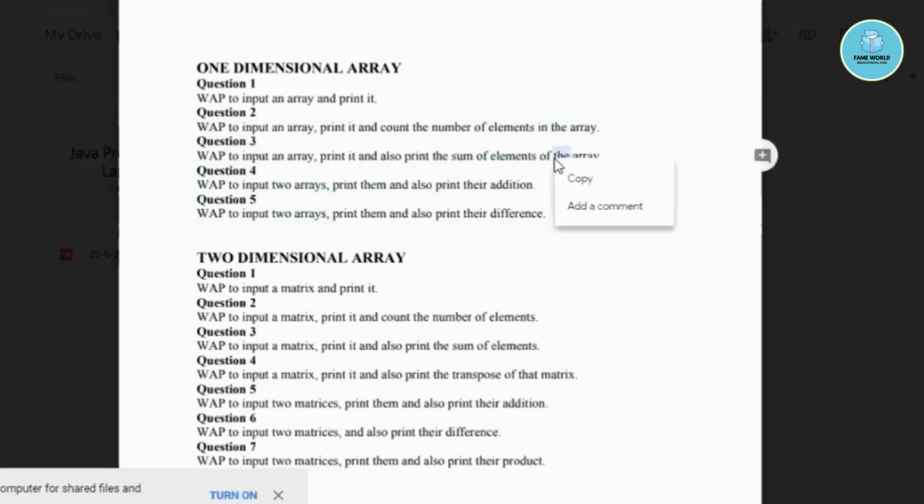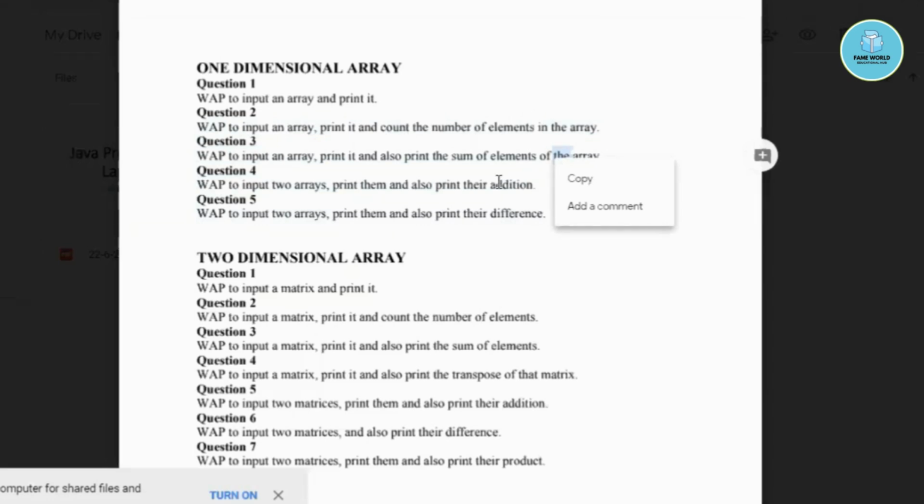So the number of elements in the array basically means you have to use a counter variable, and you just have to increase the value of that variable with the loop. After the loop terminates, you can print the value of the counter, so it will give us the number of elements present in the array.